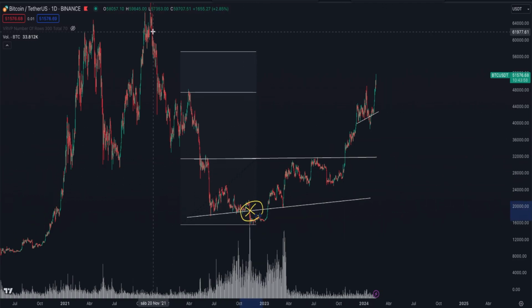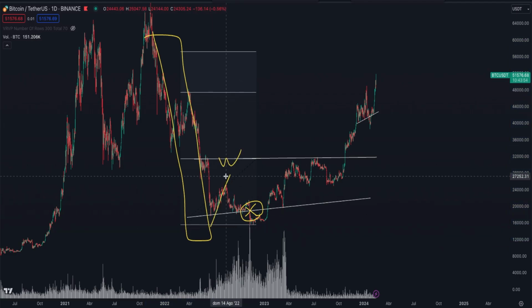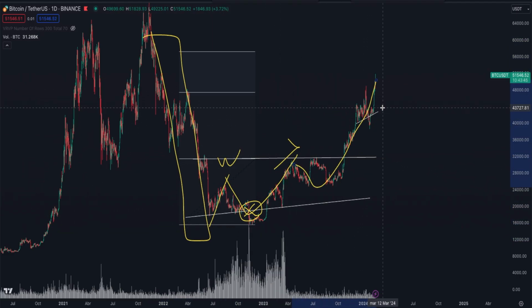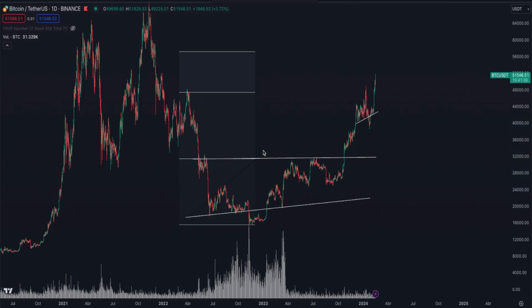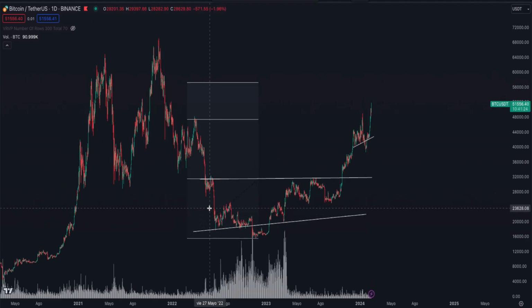Now, in the last month or so, we've been looking for the end of the corrective pattern that Bitcoin is offering us. But given the recent events, we're going to share with you a reflection that I'm sure is of great interest to you. Look, let's also analyze the following. What we were looking for at the time was a smaller creek, a smaller accumulation process that suggests we should be bullish in the market.